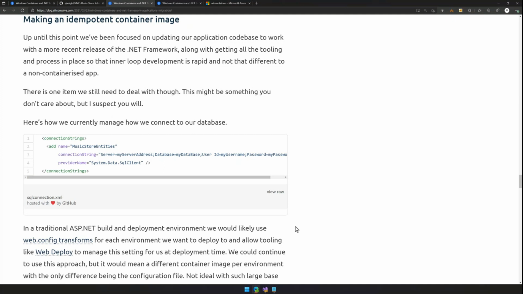So doing that in a container isn't really the right way to go about it. There are some workarounds that allow you to continue to use runtime configuration file transformations in a container environment, but it's not consistent with the way you do things in a Linux container environment, where typically the environment variables held in memory on your machine determine the values that are passed into the running container. And you can't do that by default with .NET. It's not a standard part of the .NET Framework.